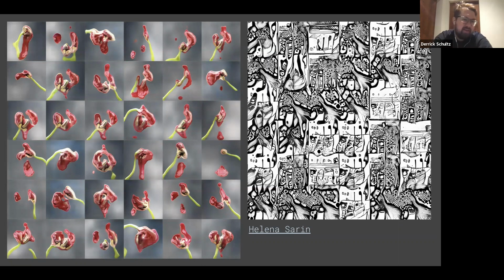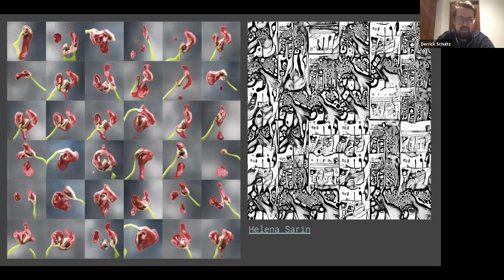In CycleGAN, it's a little more flexible. You can have a few less images. When I say a few less, it's like maybe 200 images in each folder. And by folders, I mean A and B, so the two domains that we're talking about. But I know Helena works a lot with much smaller data sets, and she still produces some really amazing images. And we're going to talk a little bit more about what happens when you use smaller data sets versus larger data sets in a couple weeks as we work through our models.